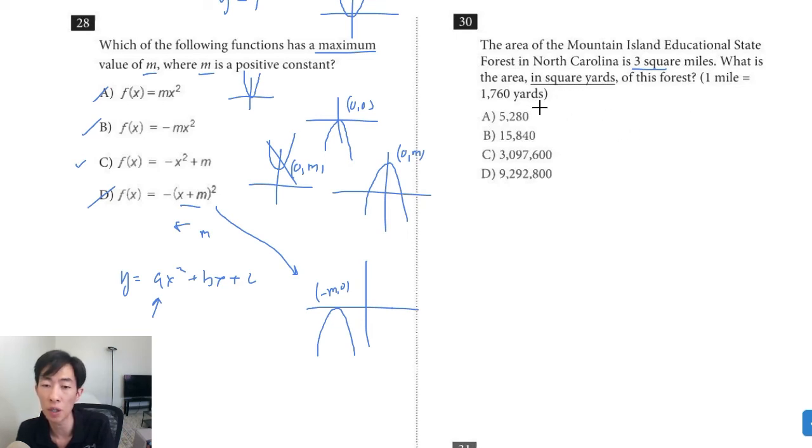So the only hiccup in this problem is we're not talking about a linear value like miles to yards. We're talking about square miles to square yards. So we actually have to make that adjustment. If 1 mile equals 1760 yards, we actually have to calculate what is 1 square mile. So if this is 1 mile on each end, this is 1760 by 1760. Multiply those together, and what you're going to get is 1 square mile equals